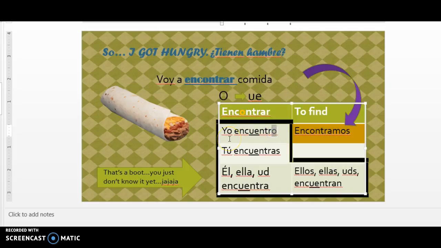So yo always ends in an O. And then the same thing with tú. You have to change the stem. The O becomes a UE. All right. And then you add the correct ending on there, which would be AS for an AR verb. For the él, ella, and usted form, it would just be an A at the end, and again, changing that